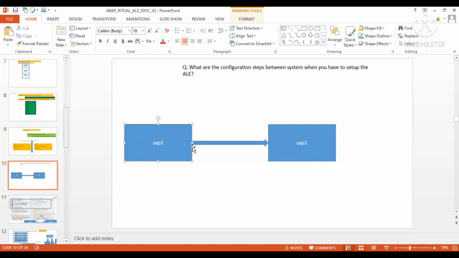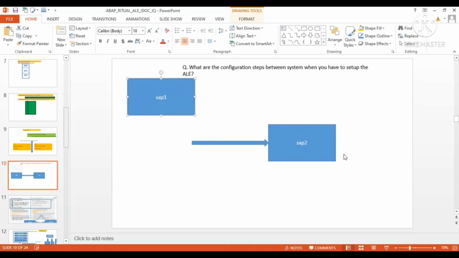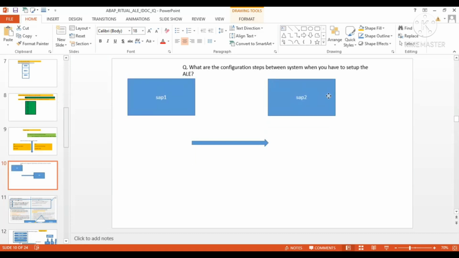So this is my sender system and this is my receiver system. So the first step, what we'll have to do, define the logical system. Good, define the logical system. Why is the logical system required, right? Logical system is required because